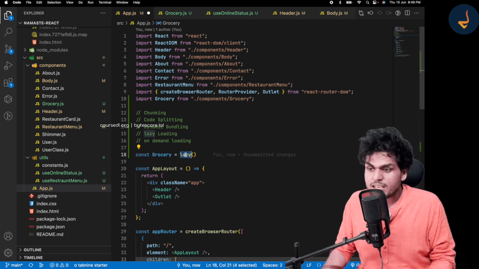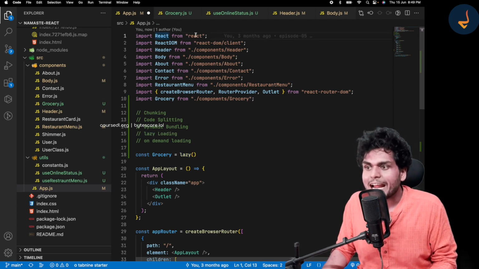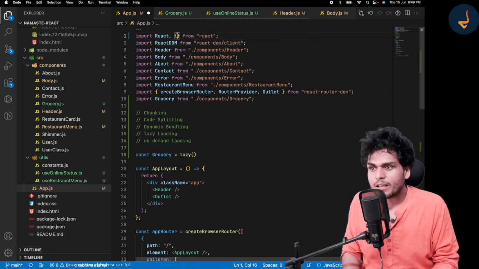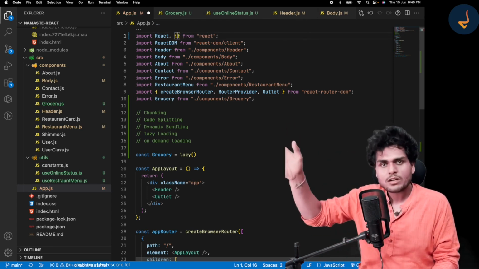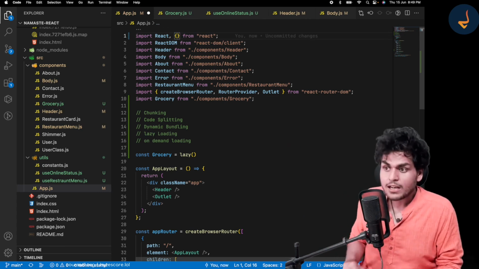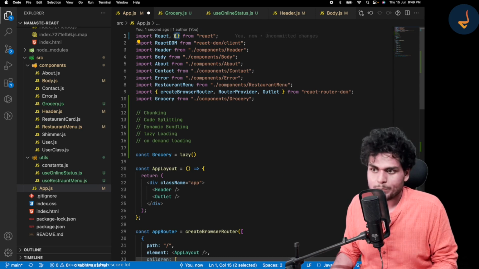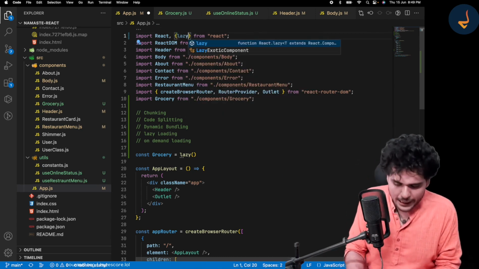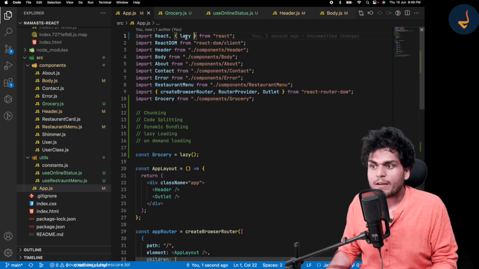It comes from our React package as a named export. We will import it using curly parentheses. I will write lazy over here, so we have got our lazy.